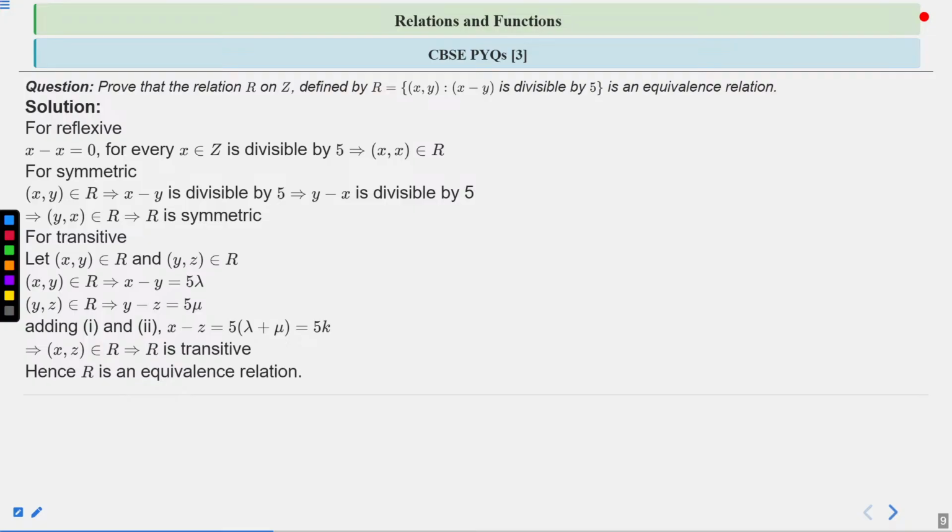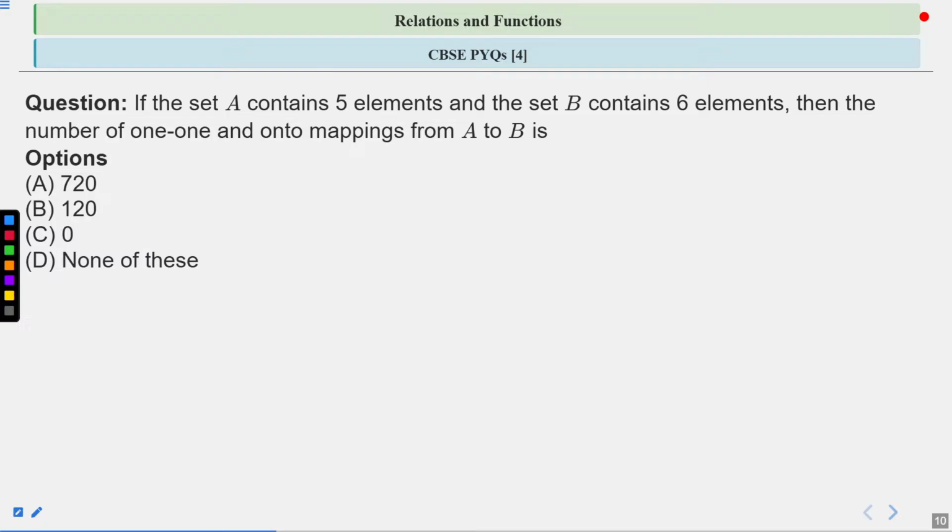Clear? Okay, let's move to the next question. Next question says, if set A contains 5 elements and set B contains 6 elements, then the number of 1-1 and onto function mappings from A to B is. We basically have to find the number of 1-1 and onto functions which can be defined from A to B. Clear? So first we should know